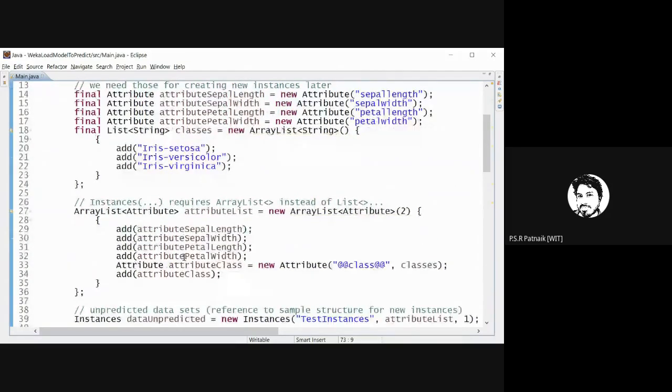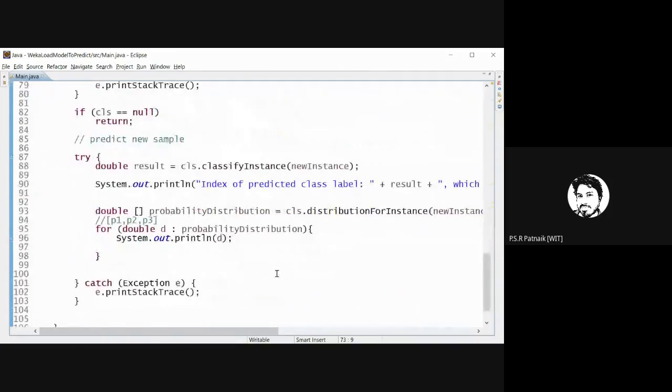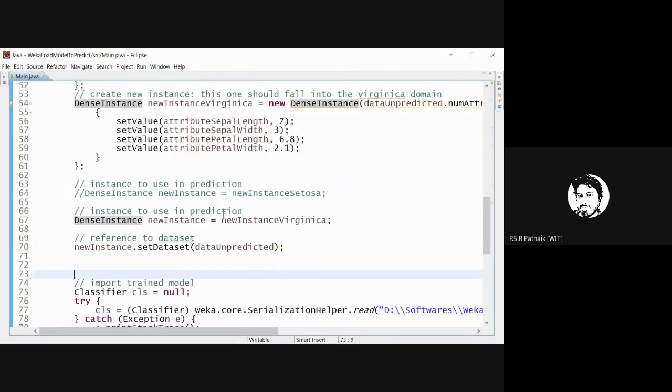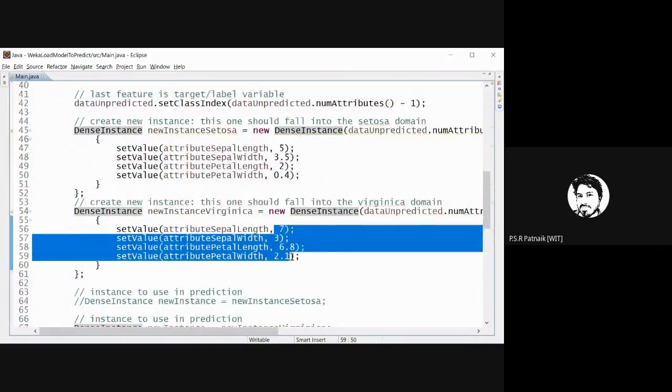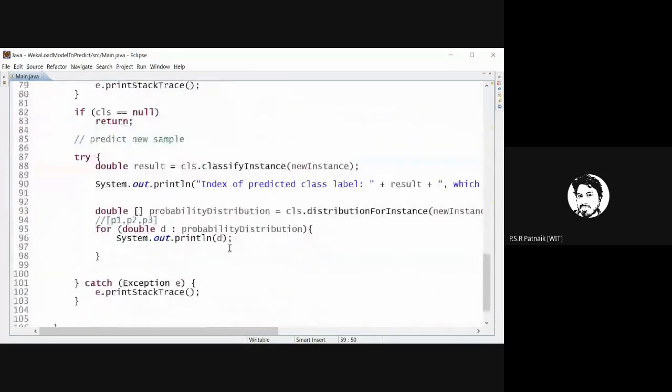Now tell me, what is the advantage of writing a Java program? Now you can build a Java servlet, or a Google App Engine application, or a JSP page or any web server page where you can build an HTML form and ask the user to enter these 4 attributes. These 4 attributes will be passed to this backend Weka code which runs on servlets, and whatever value is predicted you can integrate with any web application, desktop application, or any application where you want to use ML. So this is how the deployment of an ML model is done, right?